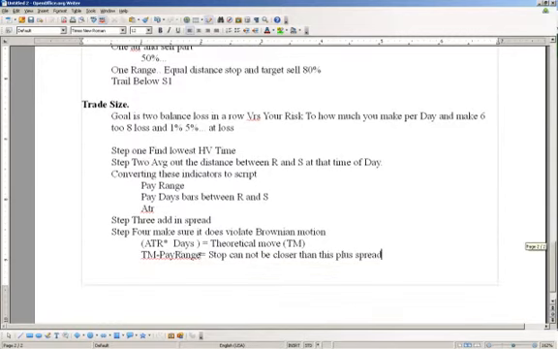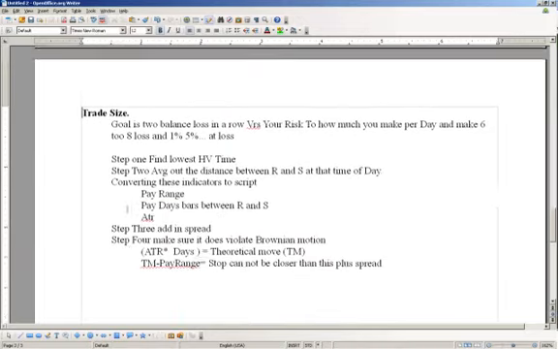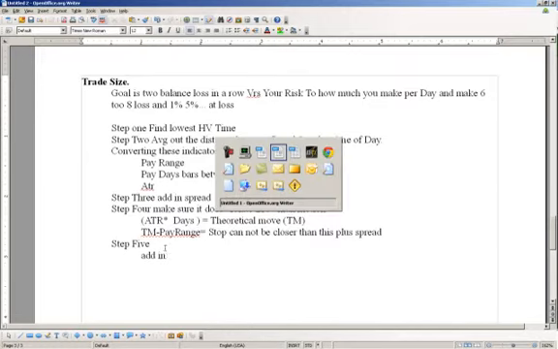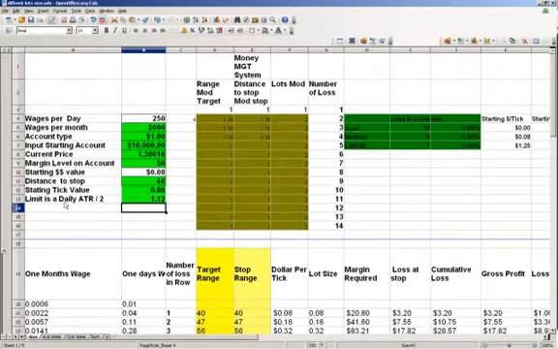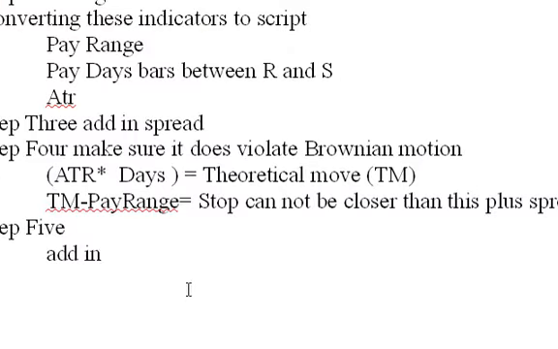Now, you can't have that any closer than that, so add the spread in. Now, go to the spreadsheet. I'm going to shoot this down to a new screen because I want this on its own. So, now we're going to add in step 5. I'll give you the cell number. I was thinking the best way to do it. The cell number is really right here, the whole number, B11. Add in B11, the whole number,